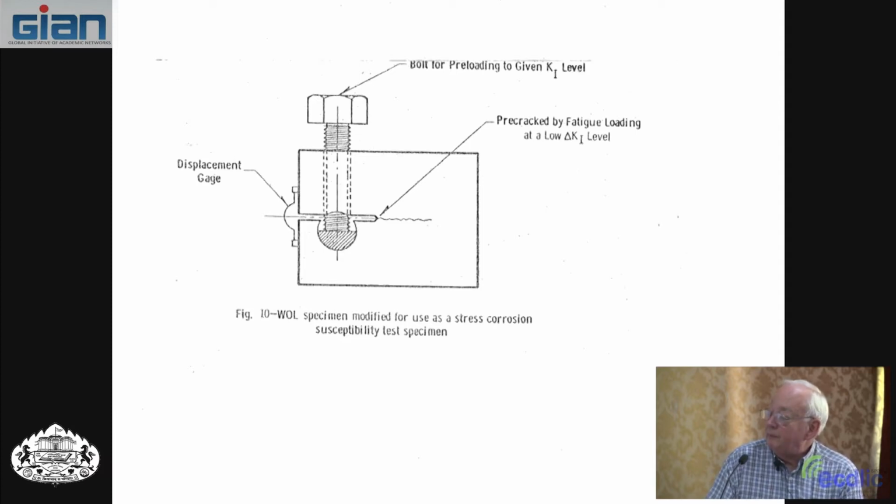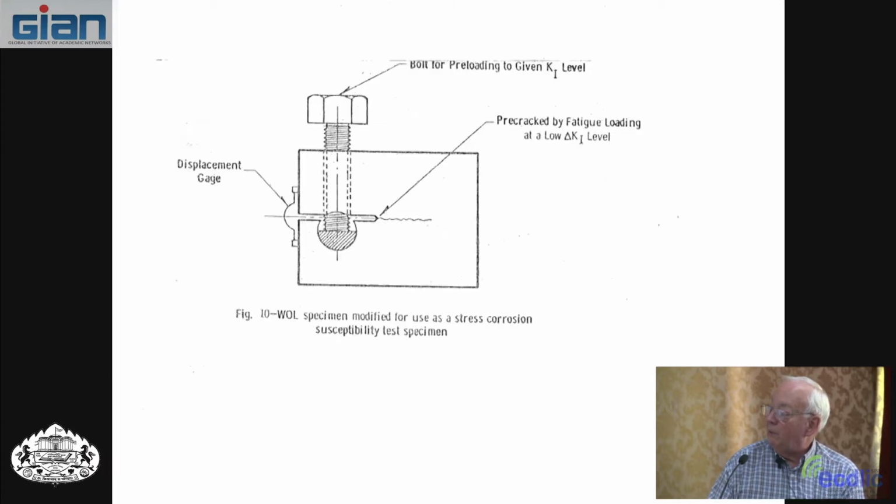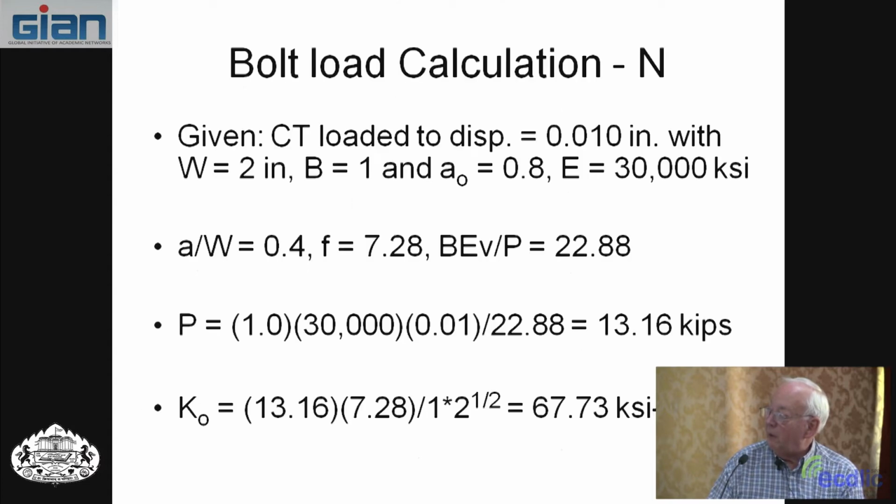It's a fairly interesting and good test method. So I'll show you a sample calculation. This is almost what we just did. So just to show you again, say you took this specimen, you put the displacement gauge out front, and you measured 0.01 inch, and then you know the material is steel, say,